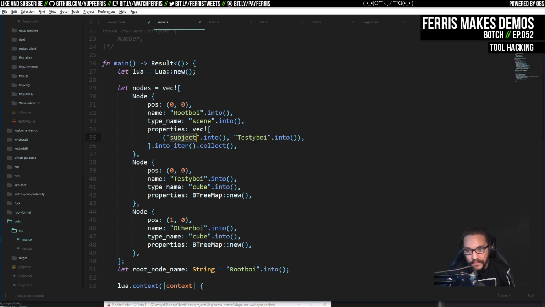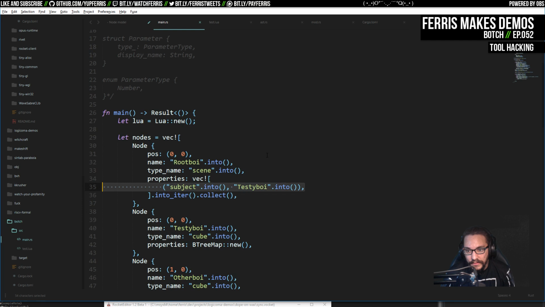Perhaps I allow this to be multiple values for the same property. Maybe that's how the connections are represented. I don't know how that would really look